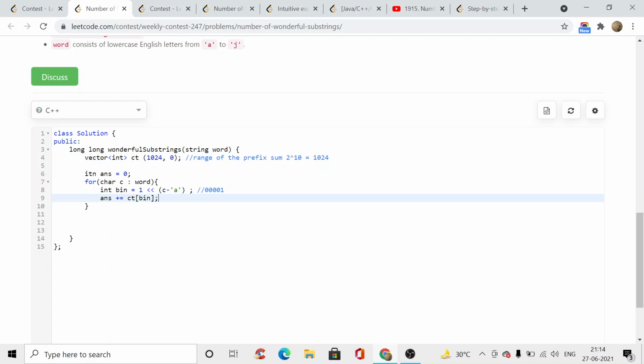If it's 0, it's not present. Then the rest of the patterns. This is for which pattern? This is for 0 0 0, meaning where all